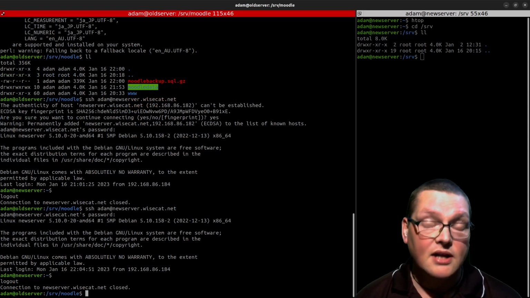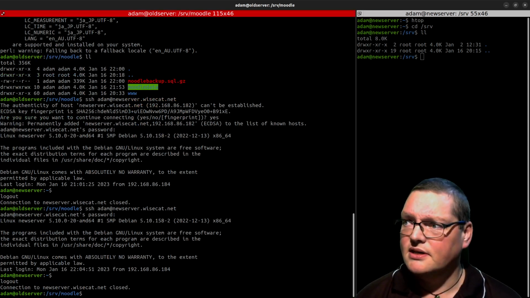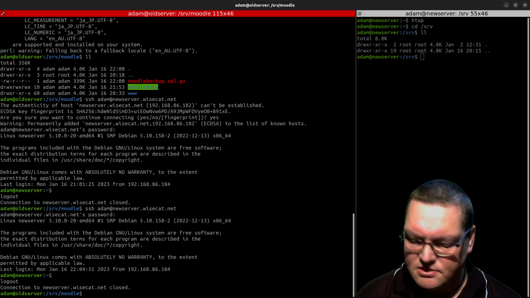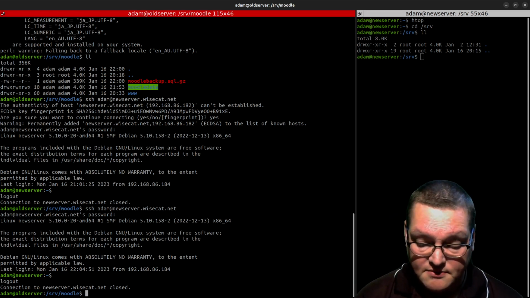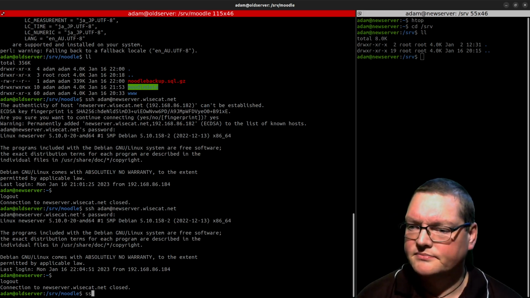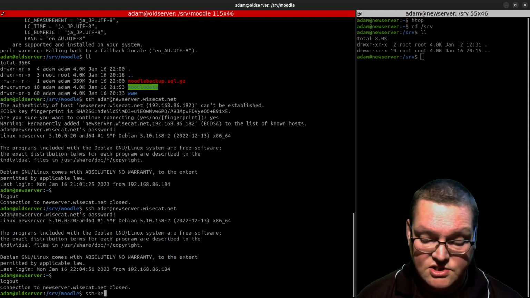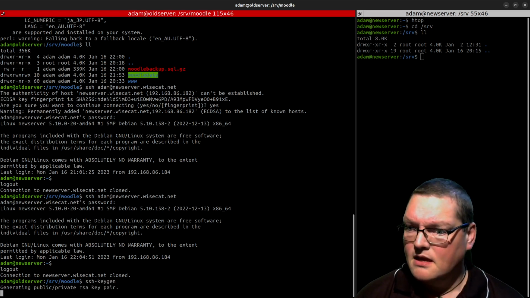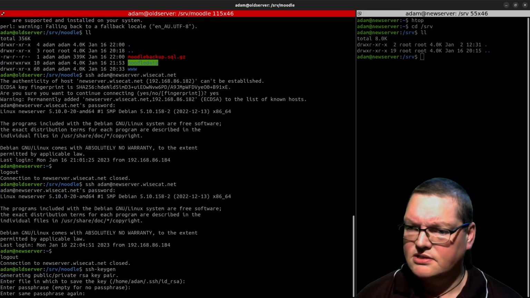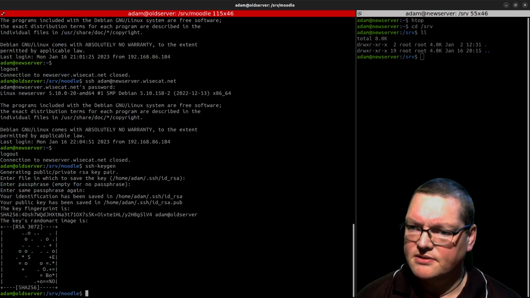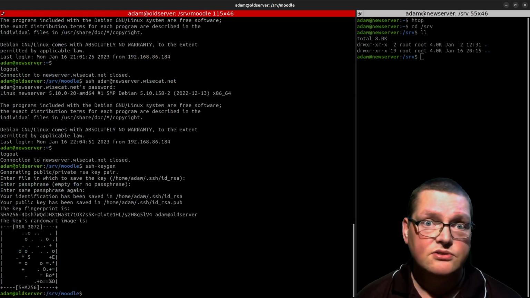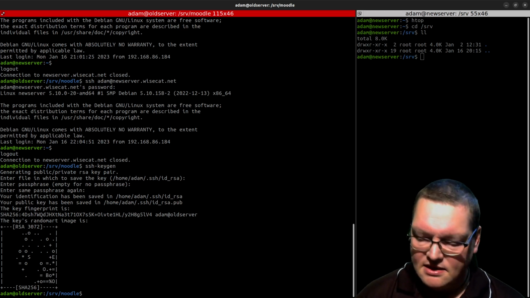If you do not like doing passwords, which I don't, you can generate yourself some keys using ssh-keygen. And usually just hit enter again. It doesn't matter. You don't need a passphrase usually, unless you're super paranoid. And then now what I can do is